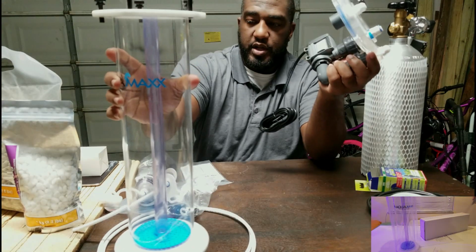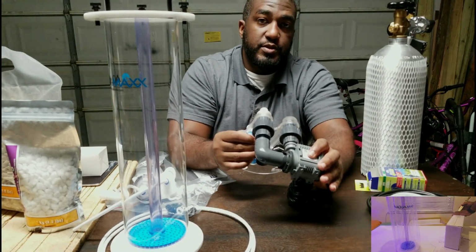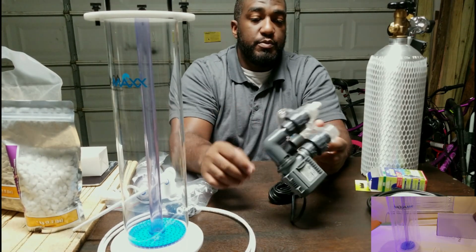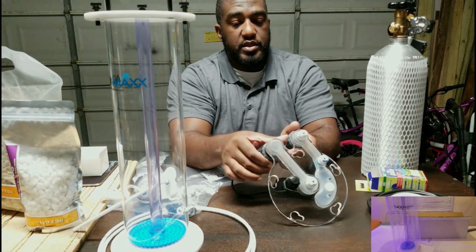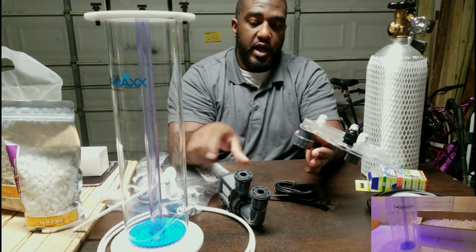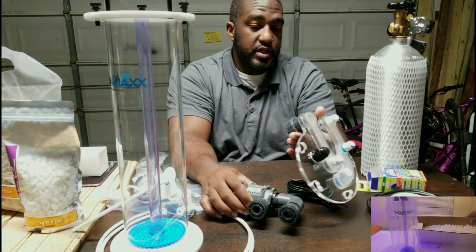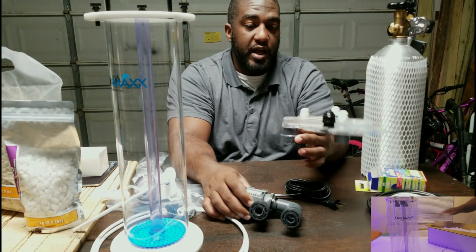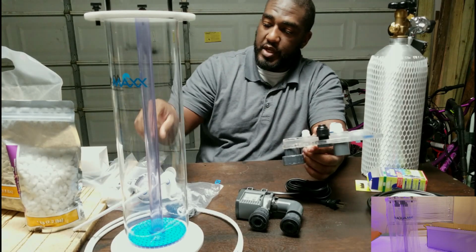And as far as the setup on this, it was fairly straightforward. It does have a very nice CJ 0.5 recirculation pump that does get attached with some fittings here. So you get your pump. There is a white casing that goes around this. I'm assuming it is to reduce the noise. But I've had a few CJ pumps myself. They're fairly quiet right out of the box. So we'll see how that goes with this one here